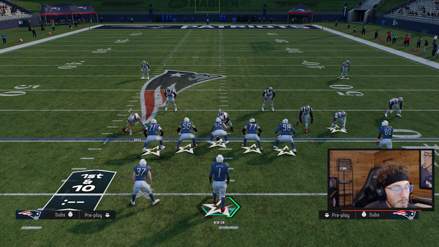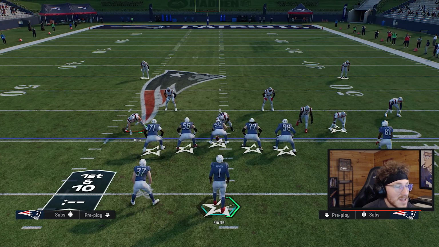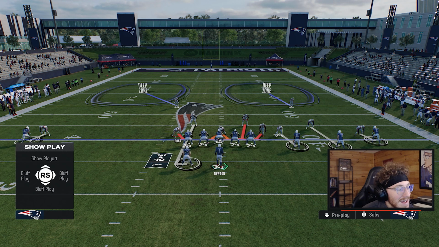The last concept we're going to talk about to attack cover 2-man defense is actually going to be halfback slip screen. Now, these are plays that not a lot of people call, but they do a phenomenal job against cover 2-man defense, because if we look at the defense here, you're going to see that there's one player assigned to the running back, but as long as our offensive line blocks that one player, there's nobody else there who can make a play,